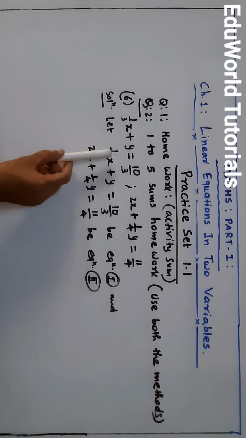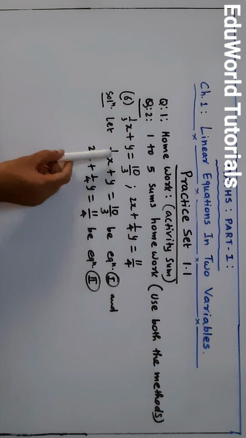Now suppose we have to use the first method of elimination by equating the coefficients. So let us make the coefficients equal, either the x coefficient or the y coefficient. If we want to make the x coefficient equal, then here the coefficient is 8, but here the coefficient is 1. This can be made 8 by multiplying this term by 8. So the whole equation will be multiplied by 8. Or if you want to make the coefficients of y equal, here the coefficient is 3, but here it is 1. So in order to make this 3, we multiply equation 4th by 3. So any one of the variables' coefficients can be made equal.